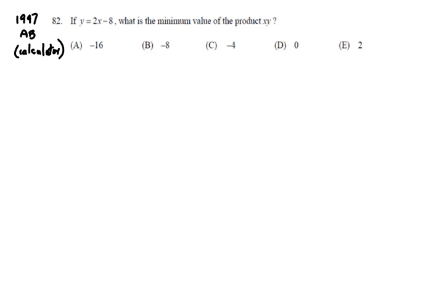In 1997, AB 82, which is also a calculator problem, we're asked if y is equal to 2x minus 8, then what is the minimum value of the product xy? Now, this is the only problem in this particular packet that foreshadows what we're going to call minimum maximum word problems